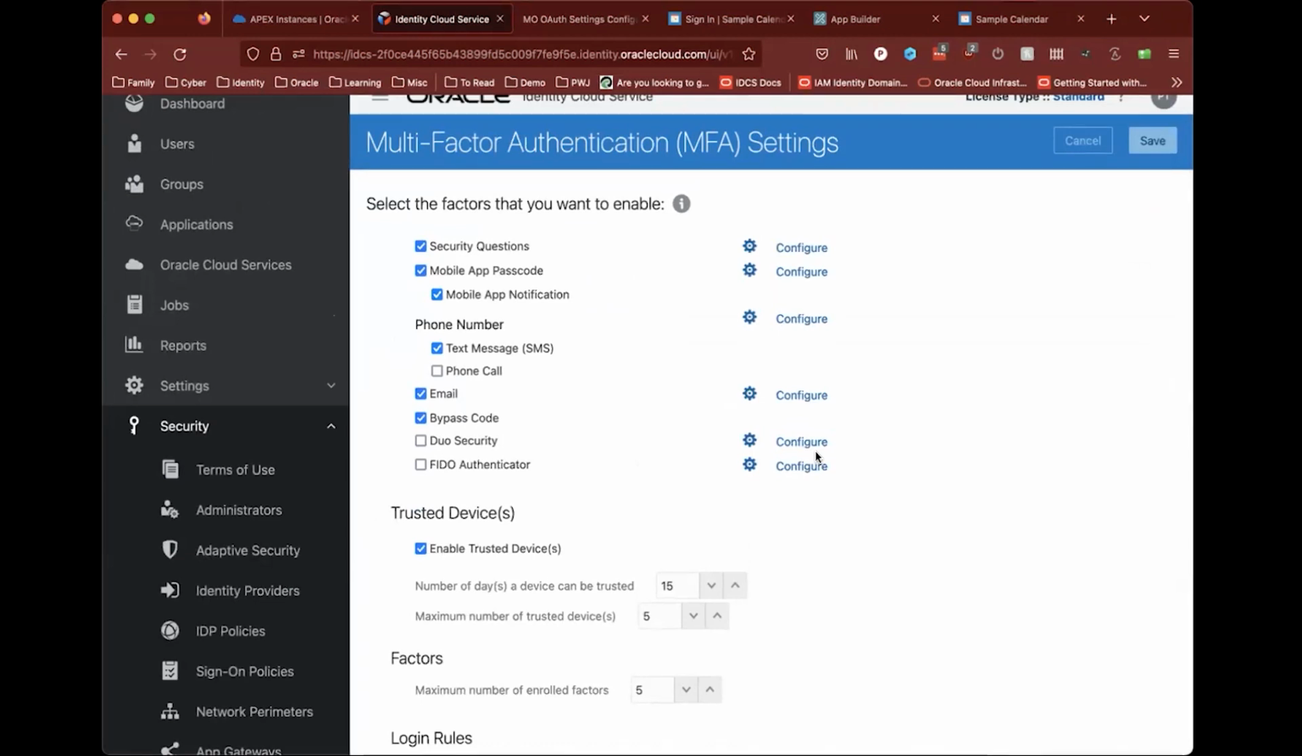Security questions, or what you tend to think of as knowledge-based authentication. You can do mobile app passcode, which is any of these authenticator type apps that generate 6-digit codes that change every 30 or 60 seconds. We can do mobile app notification. You'll see that in a minute, where we can do a push notification to your phone. We can do things like SMS or voice calling. We can send you codes via